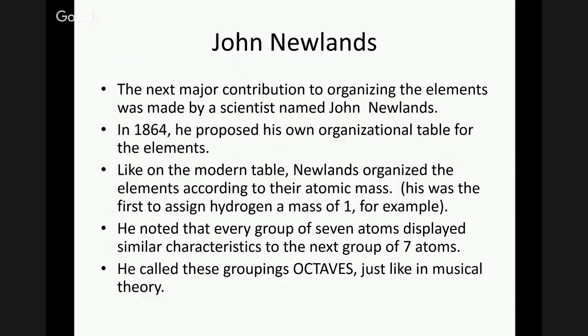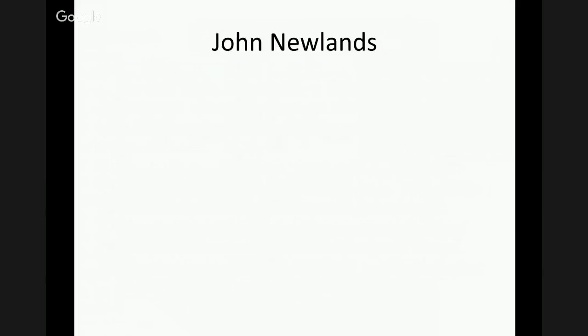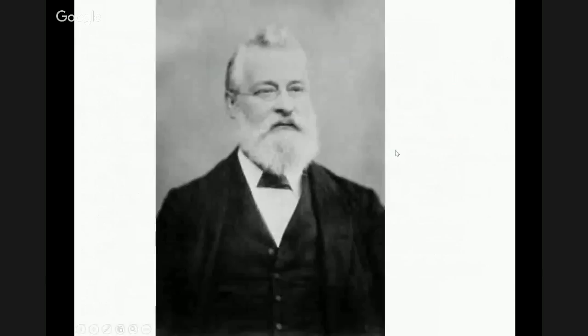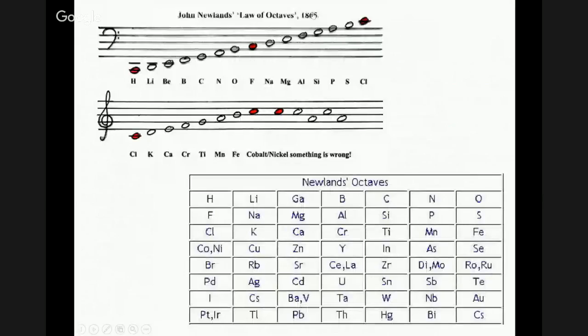And so this idea is that maybe not only can these things be grouped, like Döbereiner did, by things that are similar, but also we can group them in a way where there's a repeating pattern. And again, he actually writes them out as if they're on a musical staff, where he says if you go hydrogen, lithium, beryllium, boron, carbon, nitrogen, oxygen, you get a set of behaviors, and then the next group lines